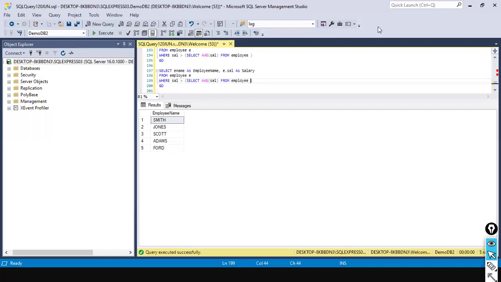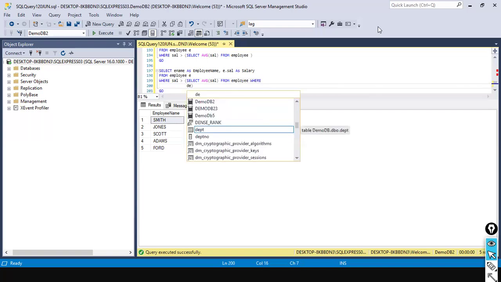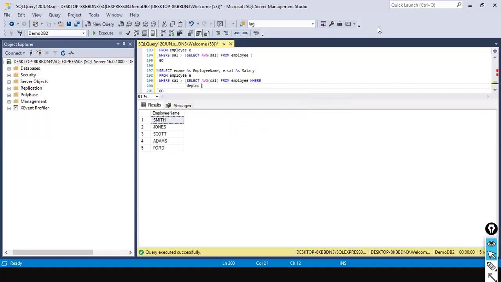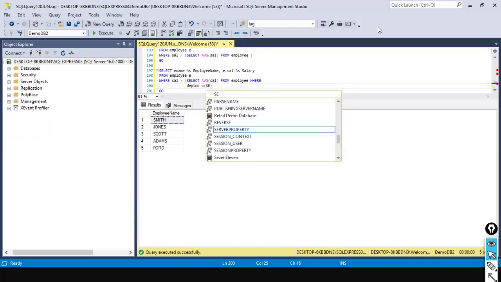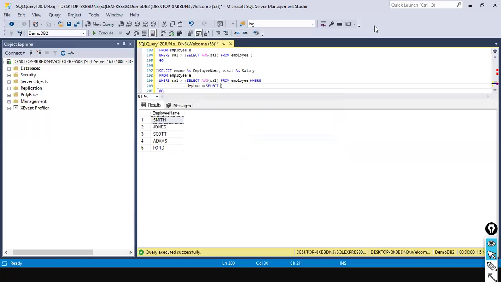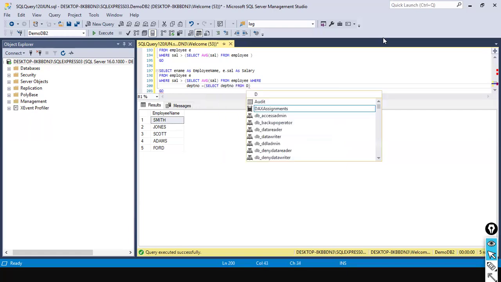So in that case, what logic can we write here? Select average salary from employee where department number. So this is purely your IQ only. If you say you don't understand, then something is wrong. So start with a simple one, and then you need to practice how to write multiple subqueries. Where select department number from department table,